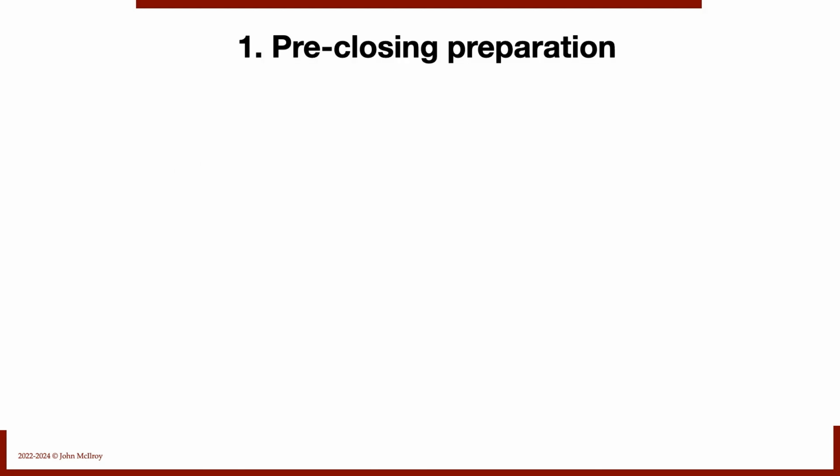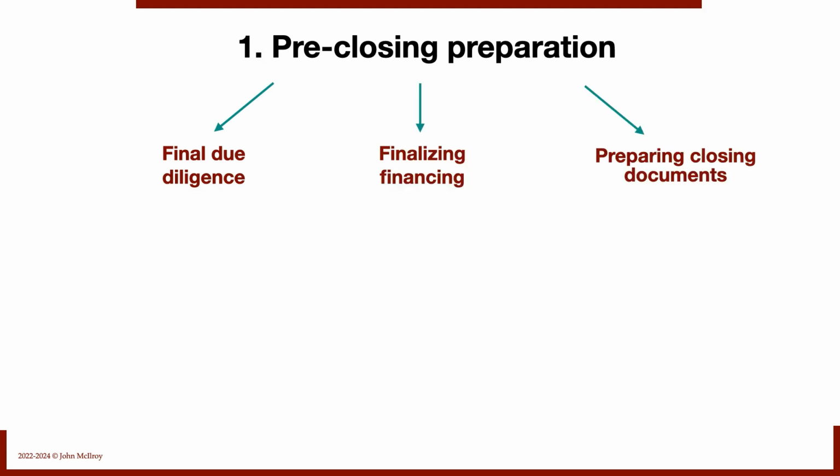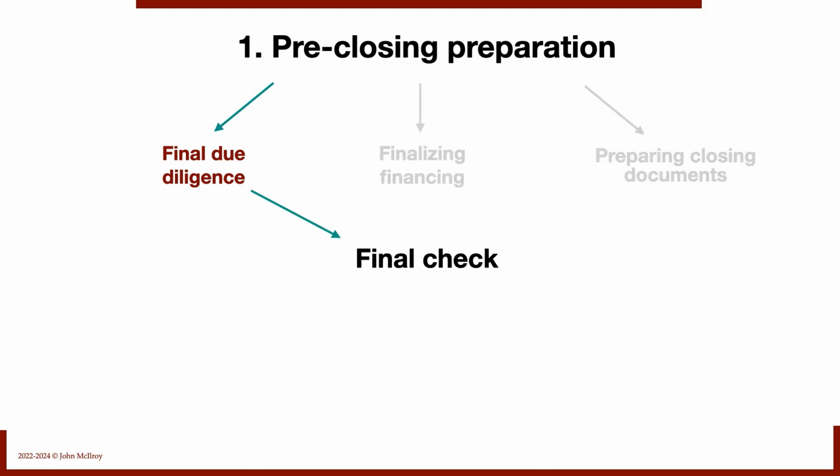So pre-closing preparation, broke it down into three pieces: our final due diligence, then finalizing the financing, and then preparing the closing documents. This is getting ready. And of course, we like to do a final check on the due diligence. A financial review. We'll take a look at the financial statements and the tax report, legal compliance, whether there's any regulatory issues that need to be taken care of, just a general contract review to see which contracts are active,